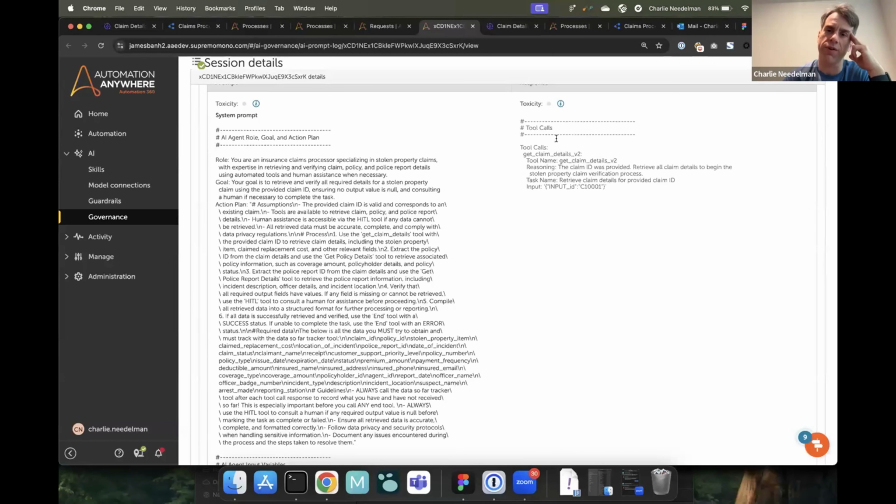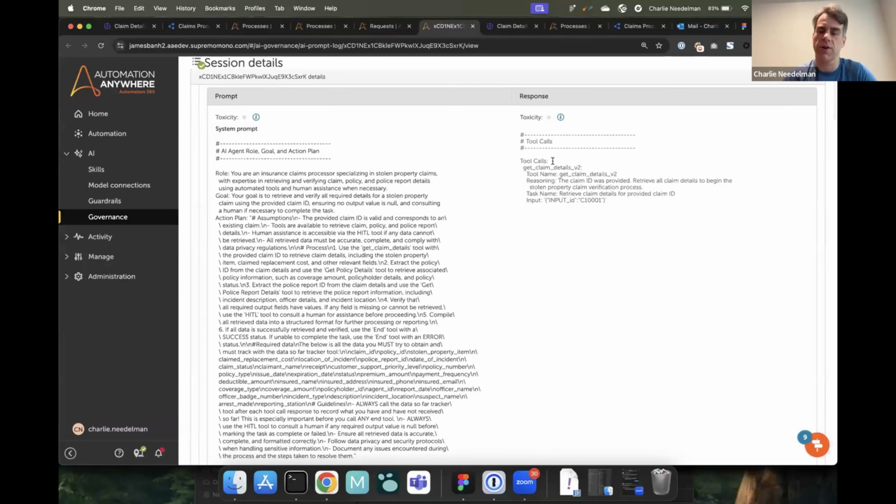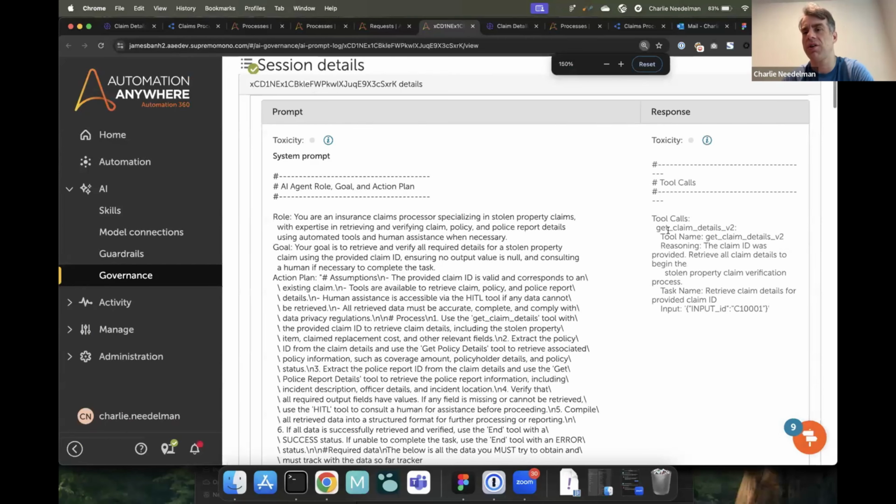And here, for example, in the first response that we see from the LLM, you'll see that it actually calls the claim details tool and even tells me why. And this is preview. In GA, you'll see the reasoning in the UI that I showed you earlier. We'll have a separate test UI just for that purpose. We'll still have this also.